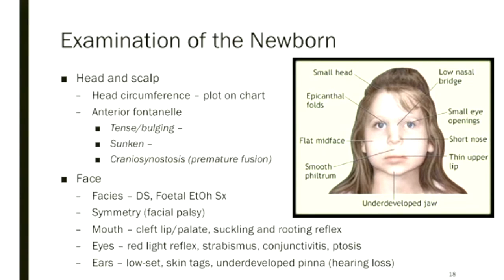The red light reflex, you just shine a torch and you should be able to see a little red over the lens is the word I was looking for. You look for strabismus, so are the eyes following, are the eyes moving in symmetry, do they have ptosis, do they have anything anatomically that's wrong with their eyes, and